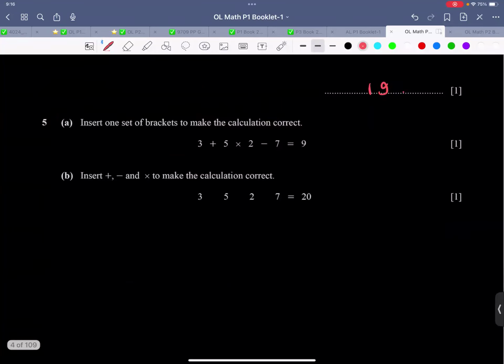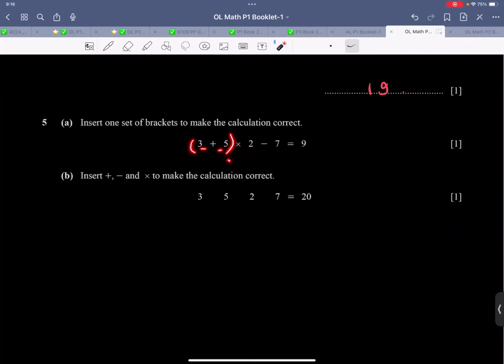Now this one, be careful. Insert one of the brackets to make the calculation correct. 3, 5, 2, 7. If I put a bracket over here, that is 3 plus 10, 13. 13 minus 7, this is not 9. If I put a bracket over here,